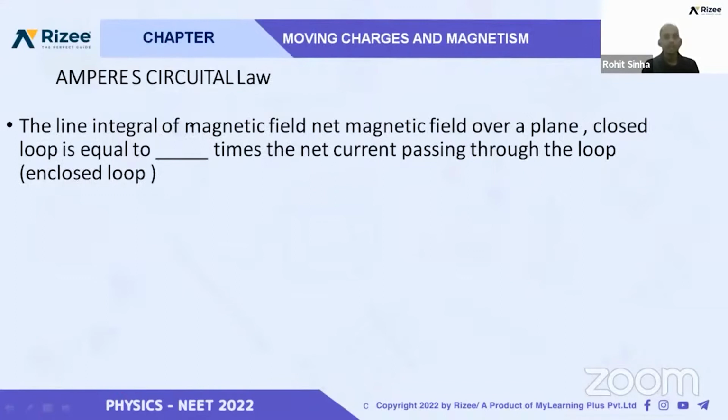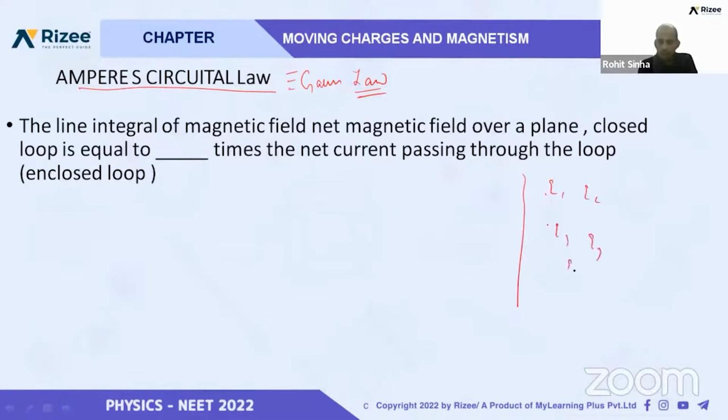Now, let us see Ampere's Circuital Law. It is very important. See, this Ampere's Circuital Law is similar to the Gauss's law we have studied earlier. What we studied in Gauss's law, recall it, if we have a number of